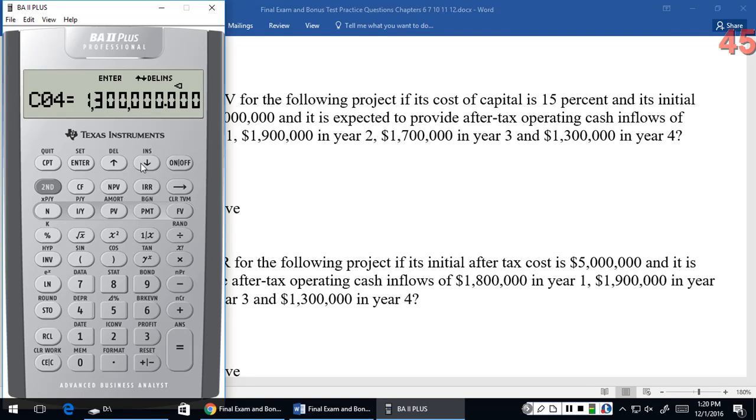Now, once all my cash flows are in and I've pressed the enter key to lock them in, I can press my down arrow key. It'll take me to cash flow 5, which should be 0, and then it'll take me back around so I can take a look at all my cash flows. Okay, now 25 wants us to calculate the net present value. So to do this, once my cash flows are in, I'm going to press the NPV key. I'm going to enter the discount rate, which is the cost of capital, 15%. So 15, enter. Press the down arrow key one time and press your compute key. And it tells me that the net present value should be 137,000.